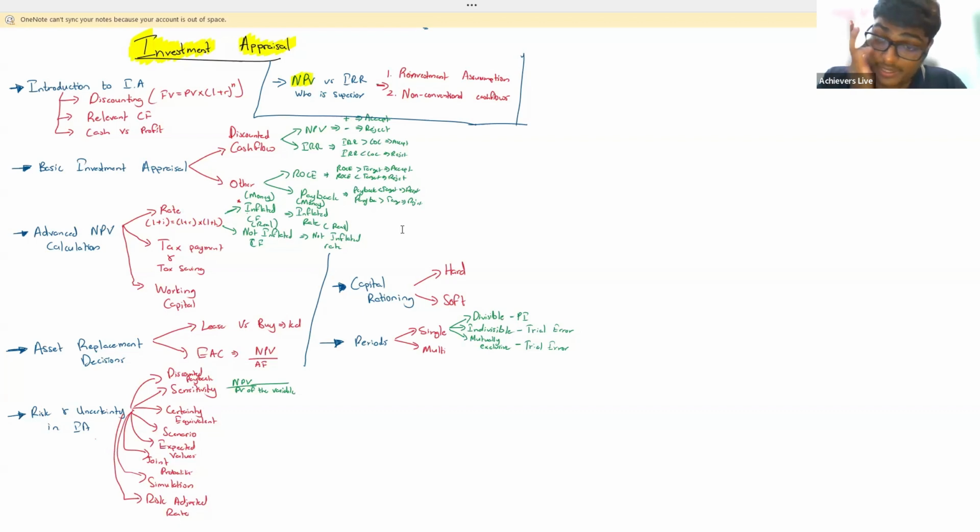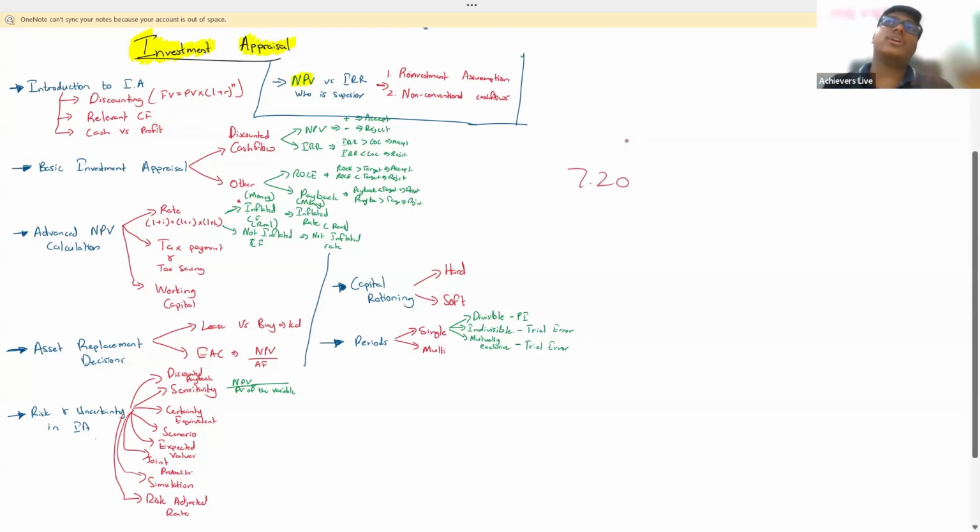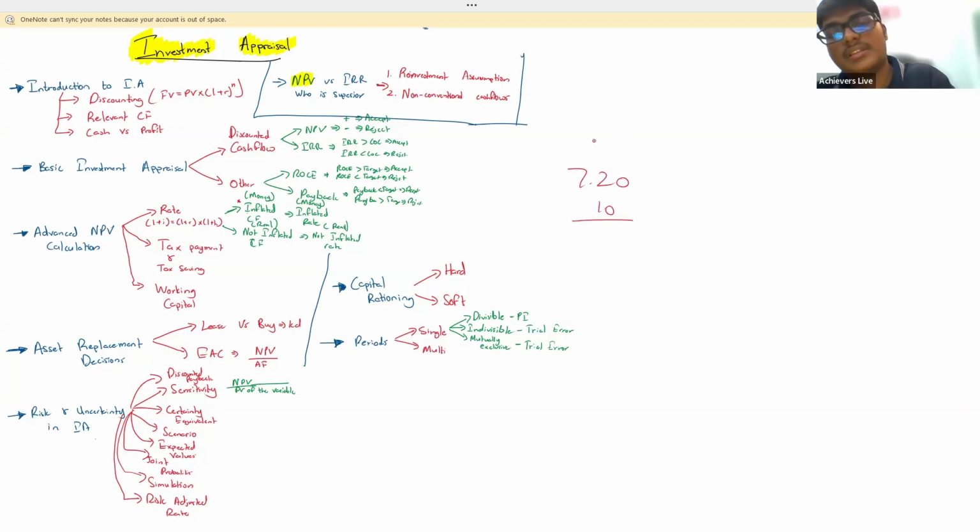So let's go for a quick prayer break. For certain students, ask for a quick prayer break. Let's go for a 10 minutes break. So we'll finish one more here and go for your dinner break. So 10 minutes, 7:20. Shall we go for the actual break or shall we go for a prayer break and then go for the actual break later? What shall we do? Prayer break and break later also. Okay, fine. Come back at 7:30.